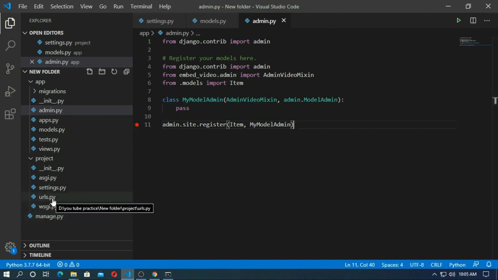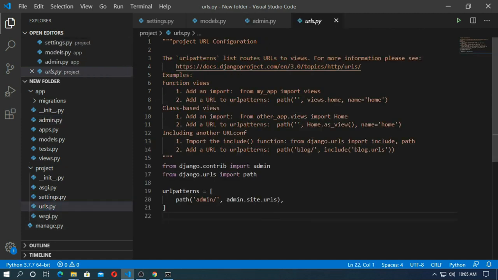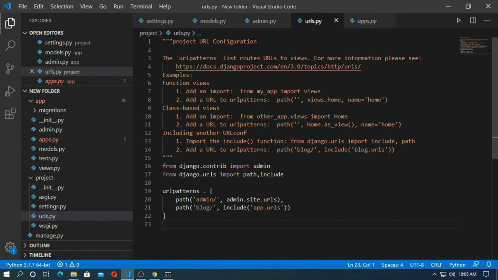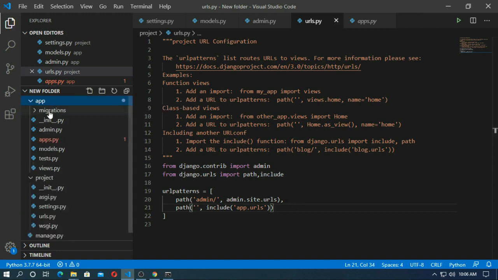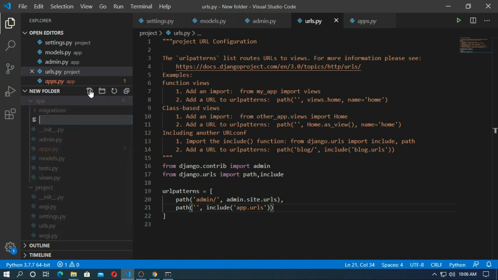Now create a URL for the app. So copy this, paste it, but import include, so app.urls. Remove this, save it, and go to the app and create urls.py.